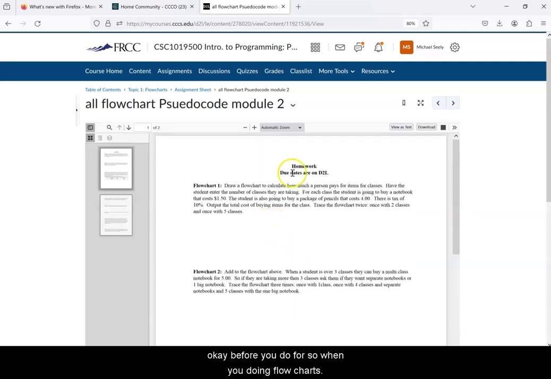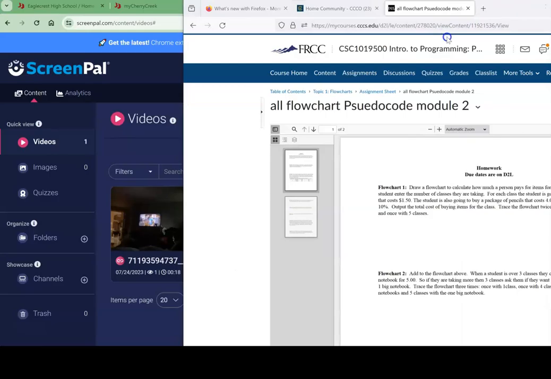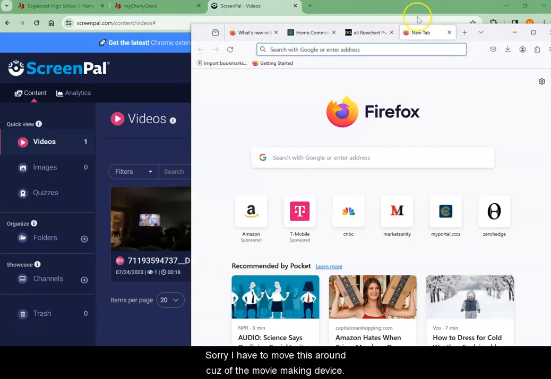Okay. So when you're doing flowcharts, let's see here. Sorry, I have to move this around because of the movie making device. So